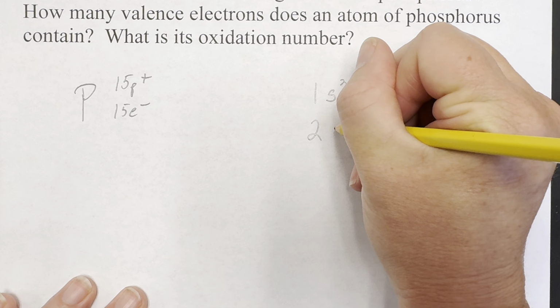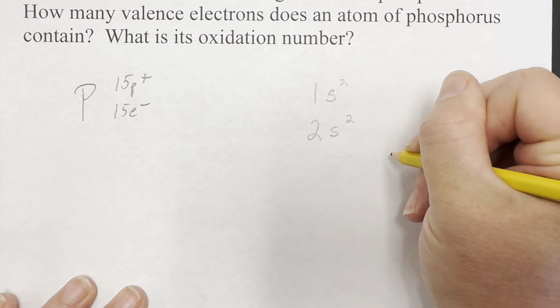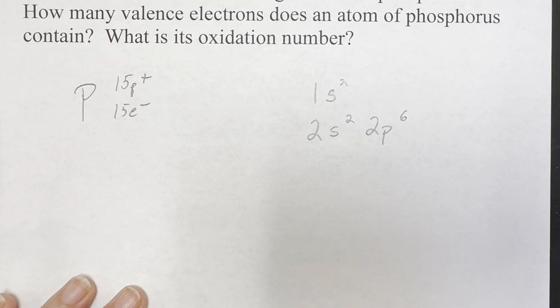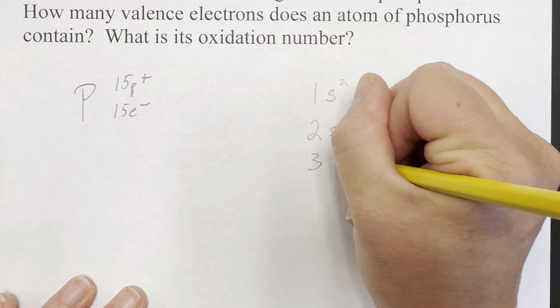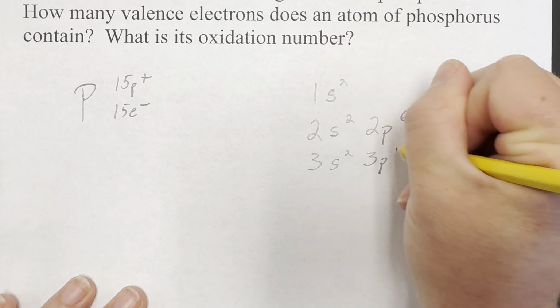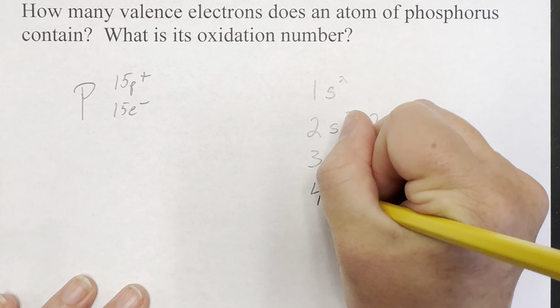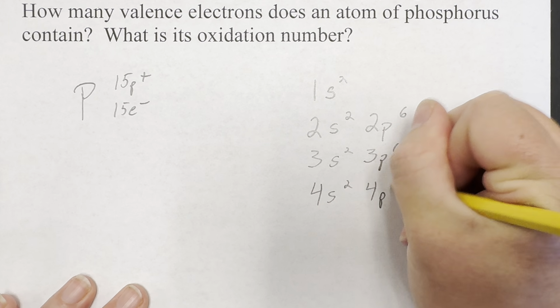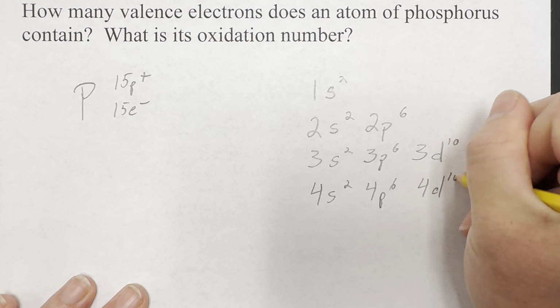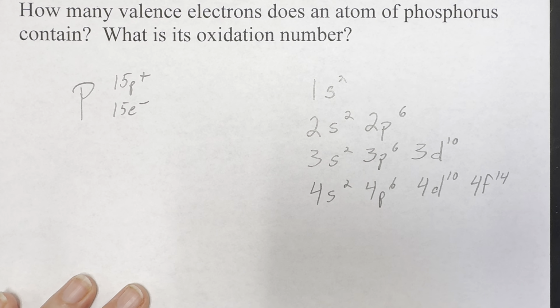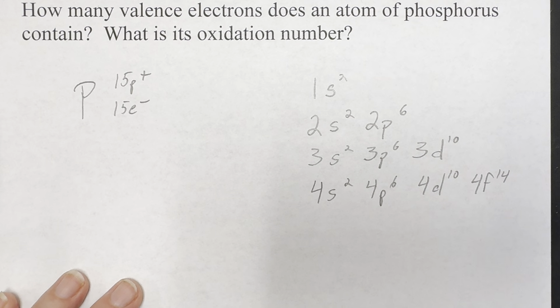The second has 2 sublevels. The first is an S, which can hold 2. The second sublevel is a P, which can hold 6. Again, you need to know that. Third also has that D sublevel, which can hold 10. Then the fourth has that F, which can hold 14. All right, I'm gonna stop there, but you would just continue on as we did in our notes with that